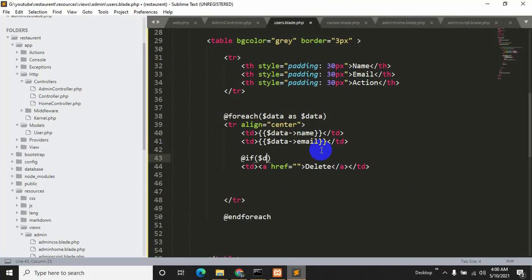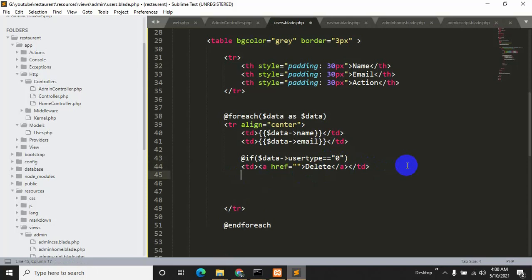$data user type equal, we'll give second quotation over here, and if it equals 0, then it will show delete.